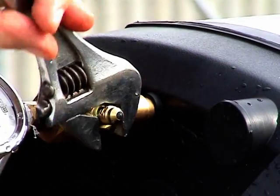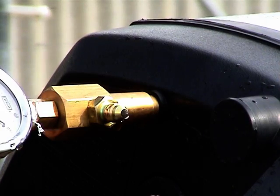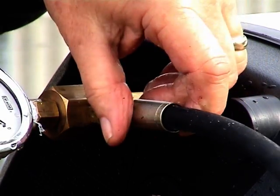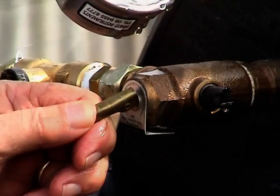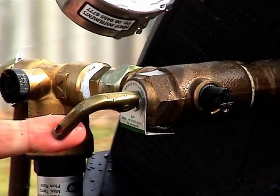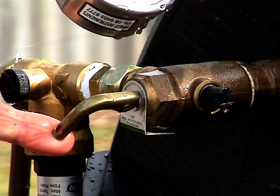Fit the free end of the commissioning kit hose into the test block assembly thumb screw port. Open the HT55 valve. This will pressurise the